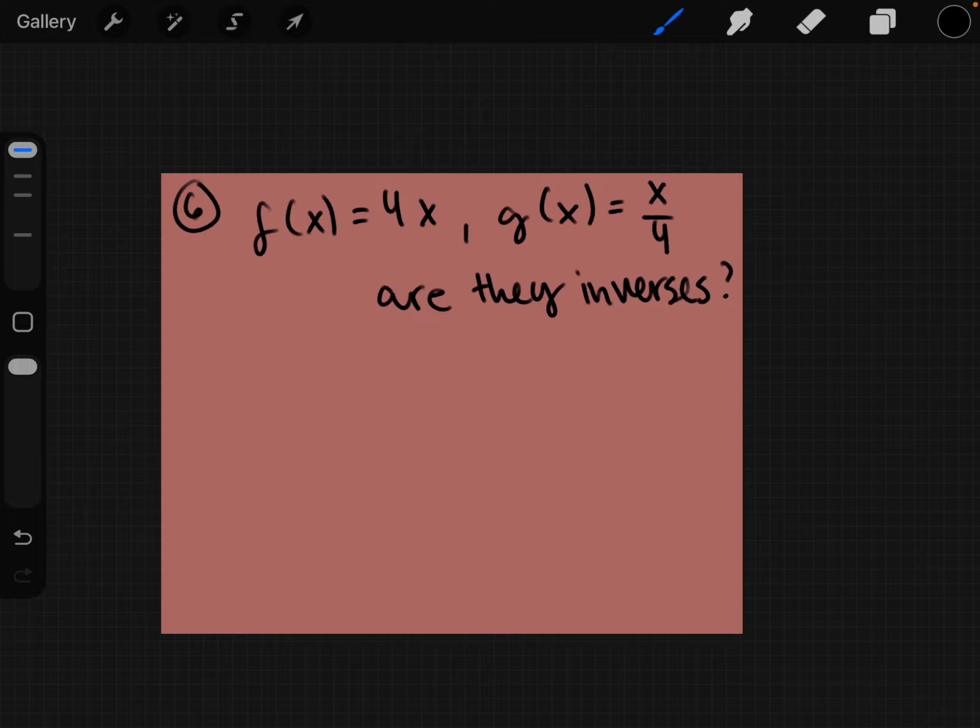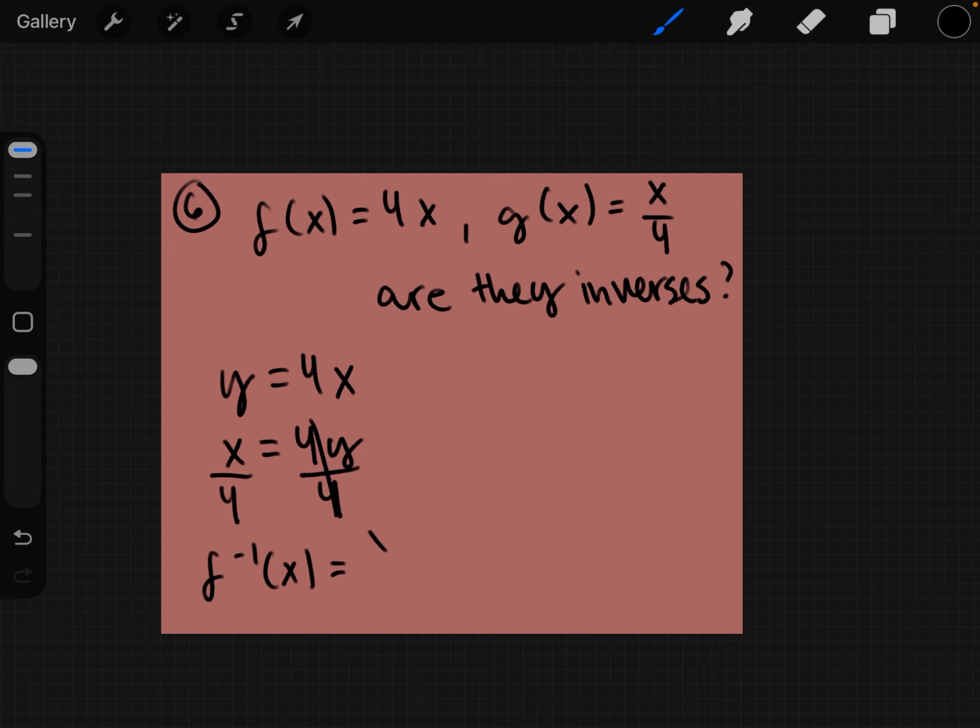Okay, to figure this out, just find the inverse of 4x. Change f(x) to y. Swap x and y, solve for y. Replace y with f inverse of x. Yes, they are inverses. It's going to then ask you